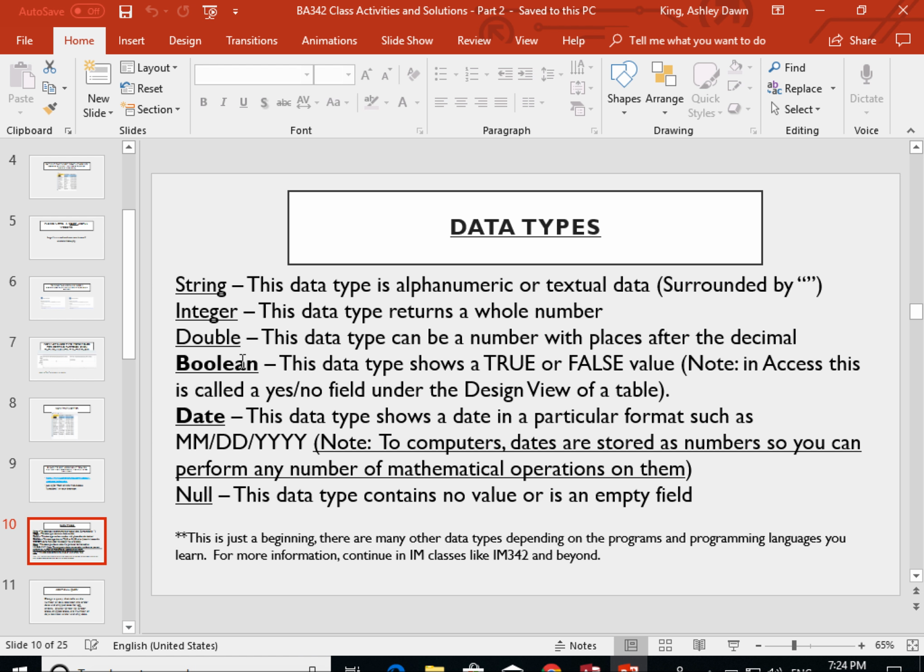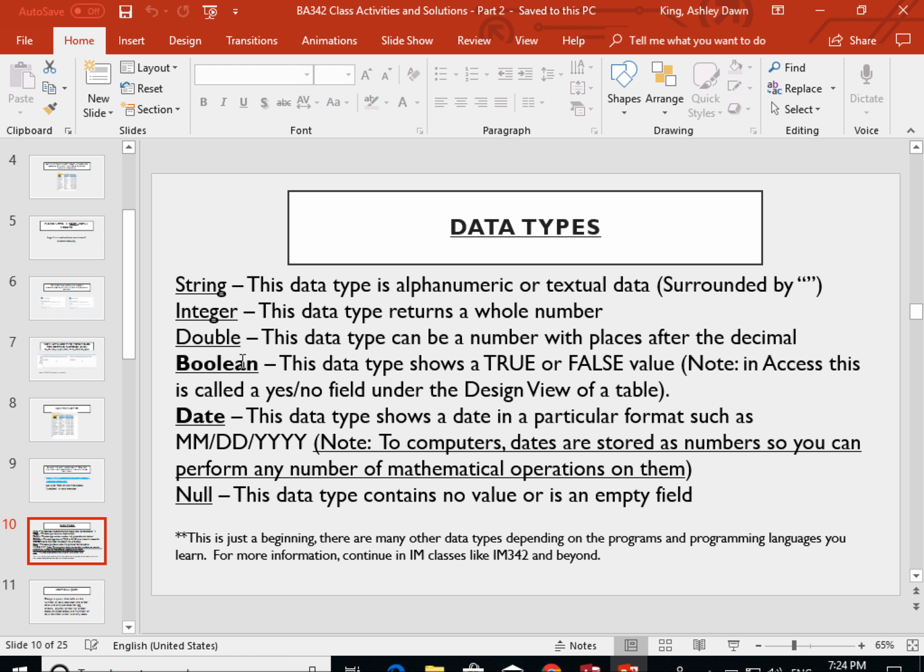So the value of these fields is not TRUE or FALSE. It is true or false, yes or no. And Access will accept if you put in yes or true. It will even accept if you put in 1, or it will accept no or false or 0, because 1 and 0 are the true false to a computer in binary. Again, I know more than you wanted to know, but for those of you nerds out there like me, you'll appreciate that